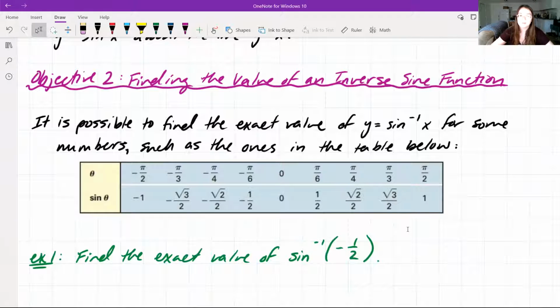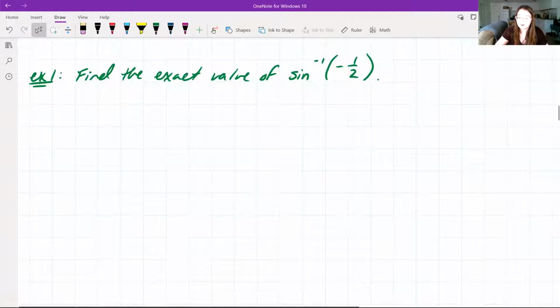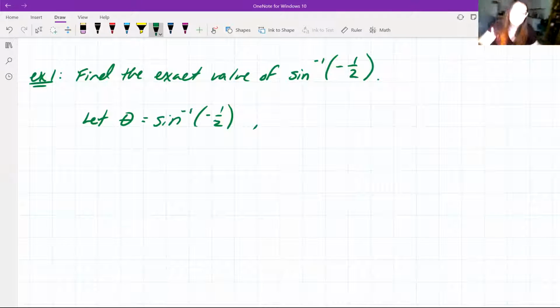Some values won't be so easy, but we can go on to our first example. Example 1, we want to find the exact value of sine inverse of -1/2. So what we do for this problem is we're going to let theta equal sine inverse of -1/2,